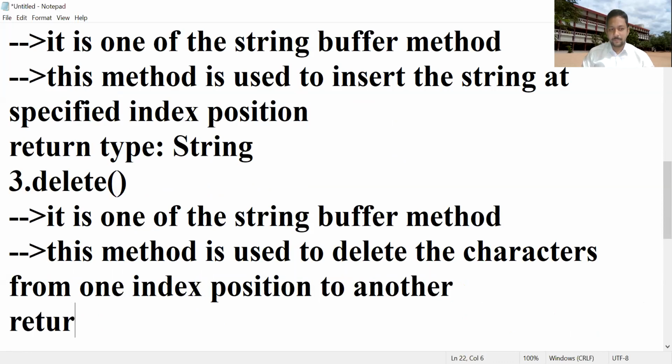Its return type is also string. The delete method is used to delete the characters from one index position to another index position. Its return type is a string.